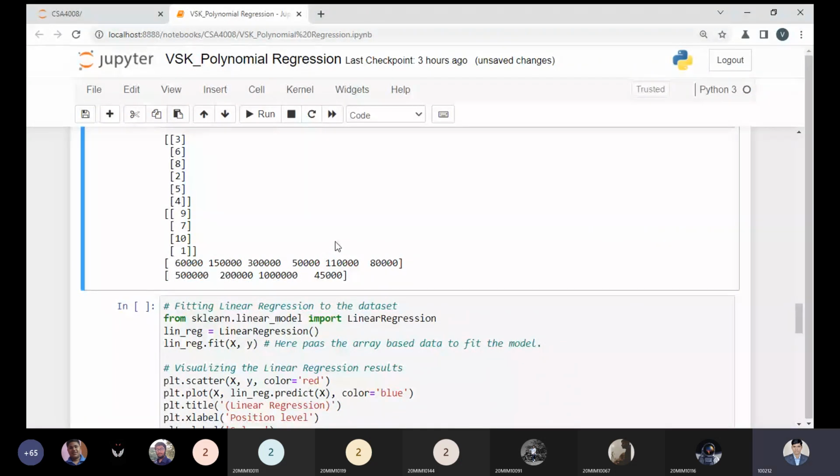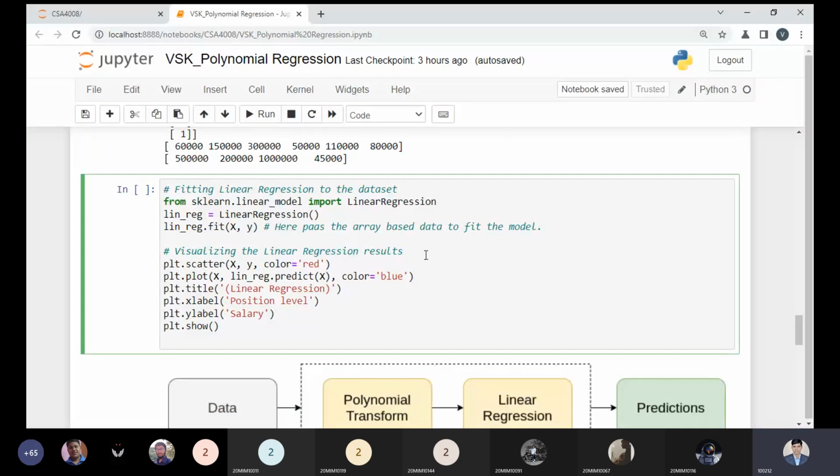Now after this point, let us fit the model with linear regression, so let us depict our information and results in the form of linear regression.